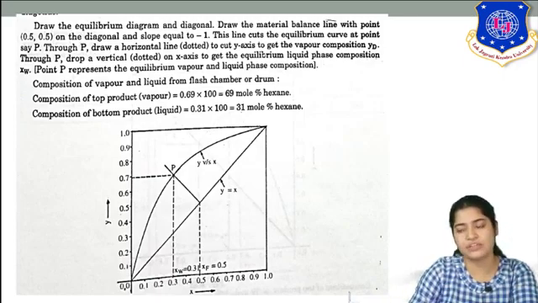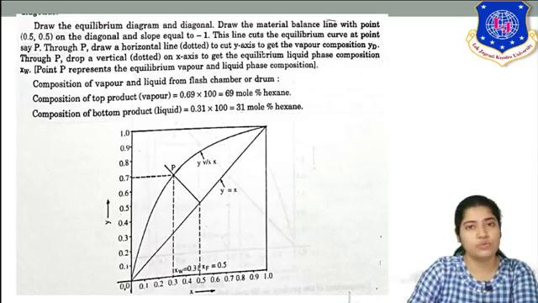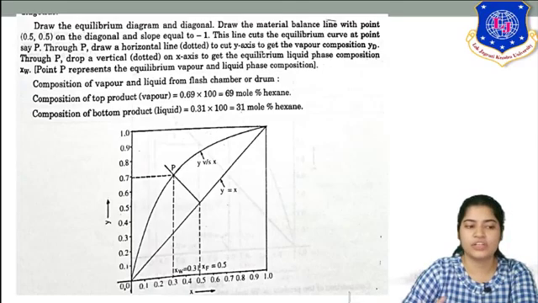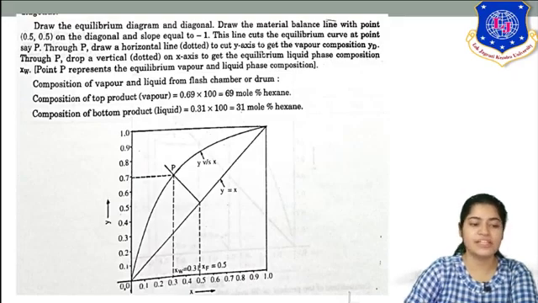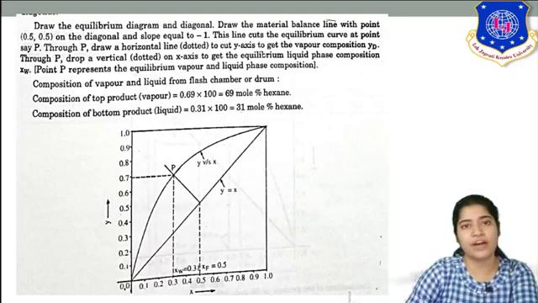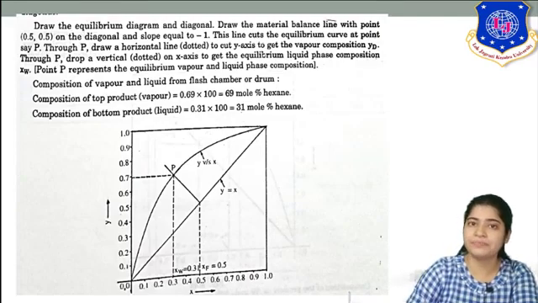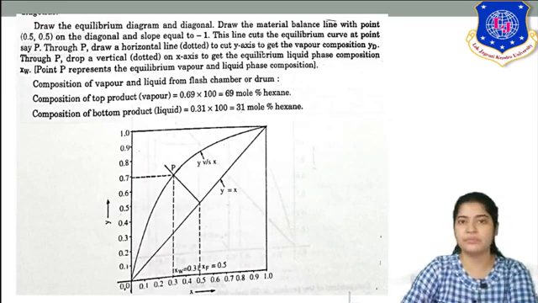After carrying out this flash vaporization, those two coordinates, 0.7 and 0.3, are the equilibrium values which will exist in your flash column. So the composition of the top product is 0.69 into 100, that is 69 mole %. And similarly, the composition of the bottom product is 0.31 into 100. So you can see how you get it. From the feed point, draw your operating line. You have to calculate your slope, and using that slope, draw your operating line. The point where your operating line and equilibrium curve intersect gives you the equilibrium final answers,